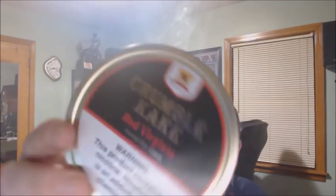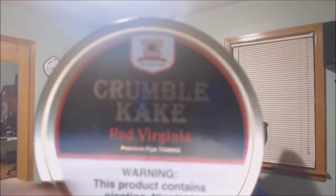So today we are smoking the brand new Sutliff Crumble Cake Red Virginia version. Decided to give these a go. I will smoke the Virginia Perique one next, or I'll open that one next at some point in time. But I decided to open the straight Virginia one first, and I did find interesting right on the top there,